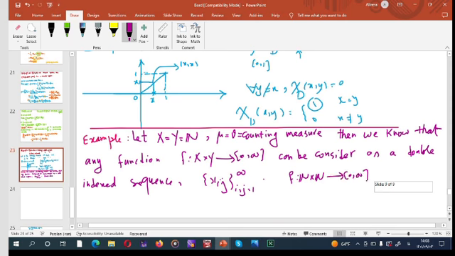Okay, if you consider x_ij as this, for each i and j in N, if we denote f of i and j by x with the index ij, we can write this function by this double index sequence. This is f of i and j. Okay,